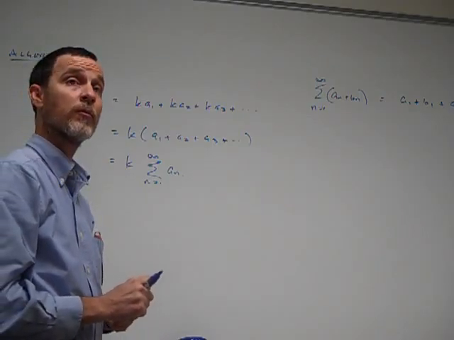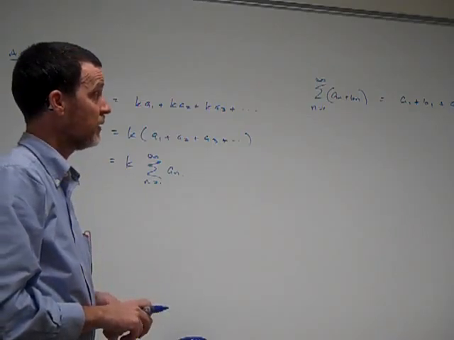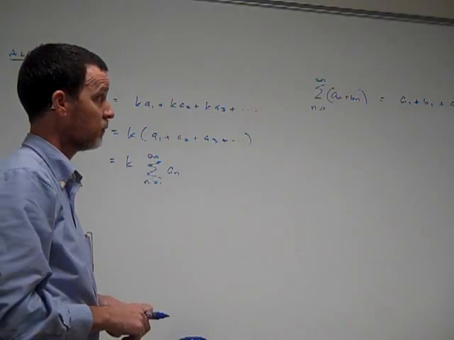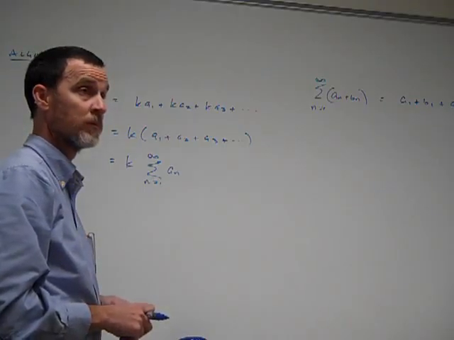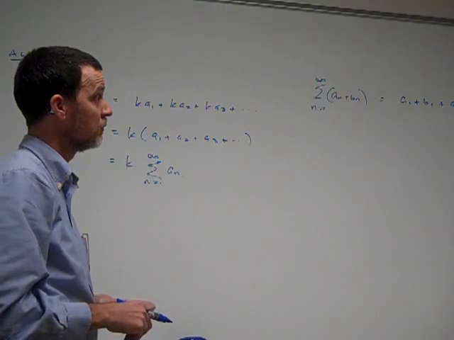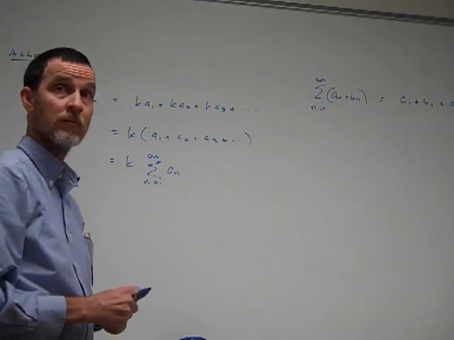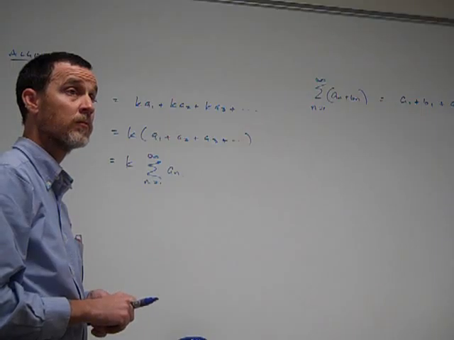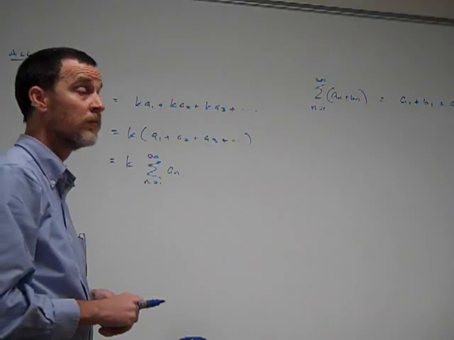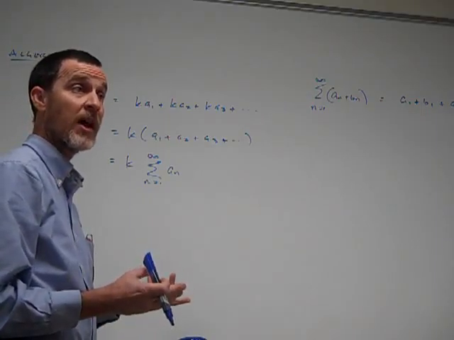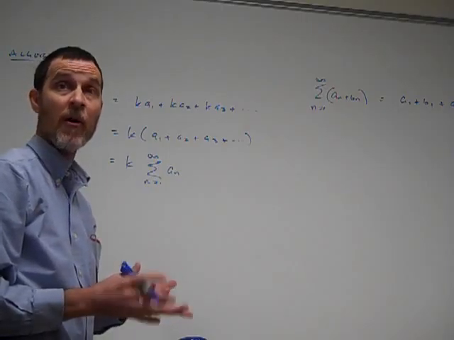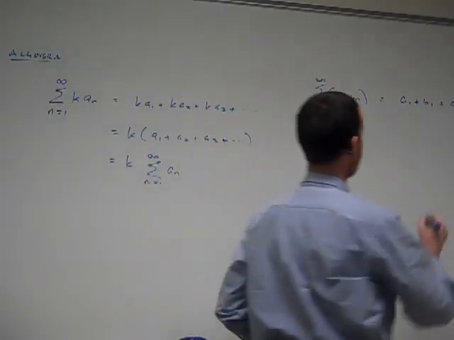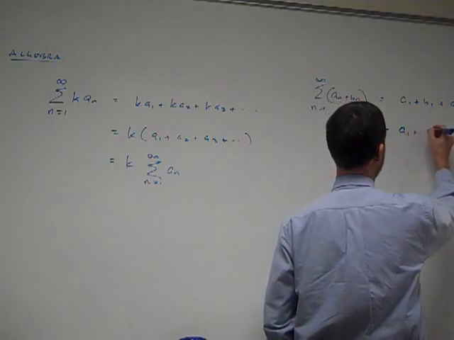Pardon? What do you want to do? You could factor the N out? Yeah, you could. Like sigma A sub n plus sigma B of n. Yeah, put all the A's together and put all the B's together, right? As long as we're a little bit careful, because when we do that,